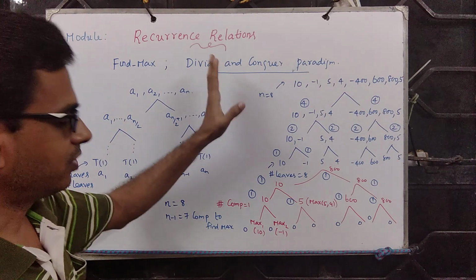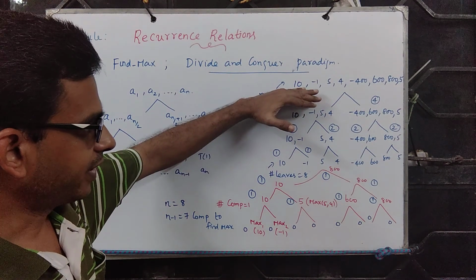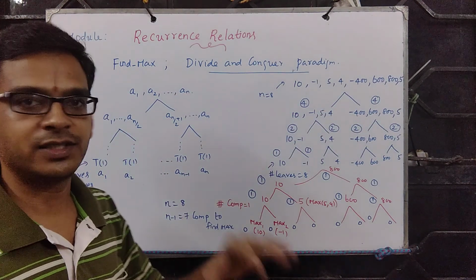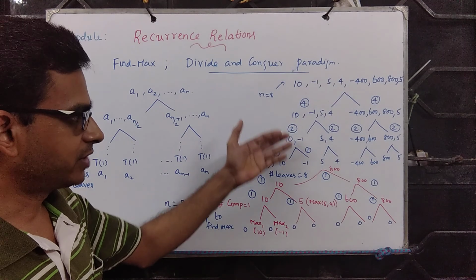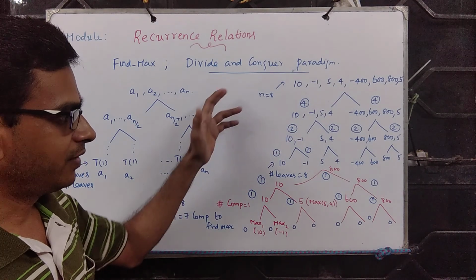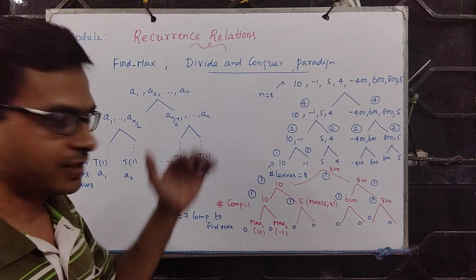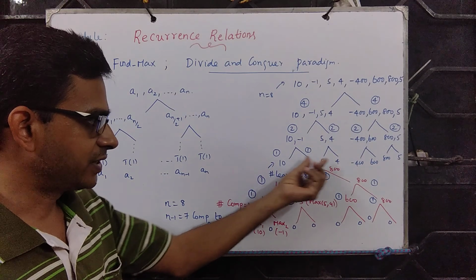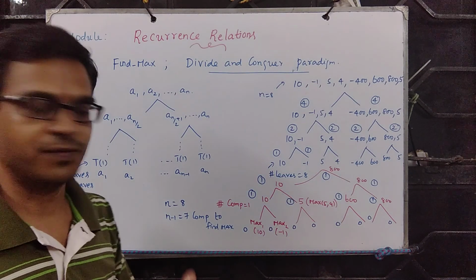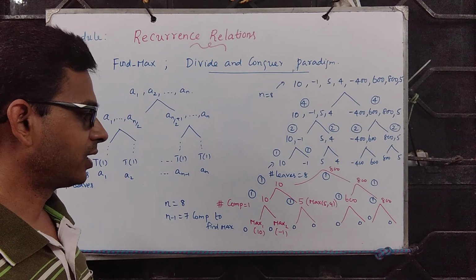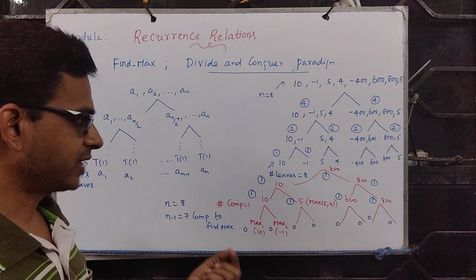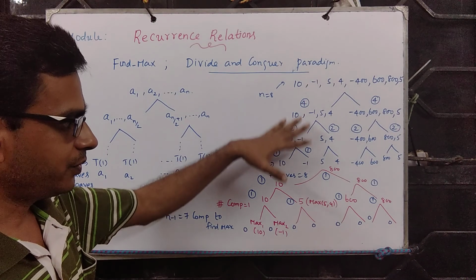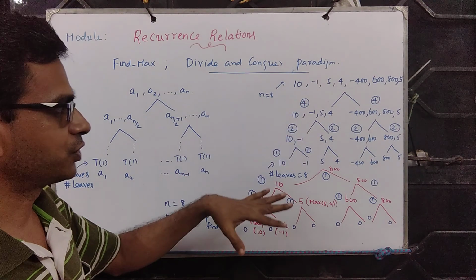And why is this divide and conquer? Given an n-sized array, divide it into two equal sized arrays and do that recursively. Keep doing it. n by 2 becomes n by 4, n by 4, and so on. And where do you stop? When does the recursion stop, or bottom out? The recursion bottoms out when we see a subproblem whose size is 1. That is the divide part. So divide the input into n by 2, n by 2, n by 4, n by 4, and so on.